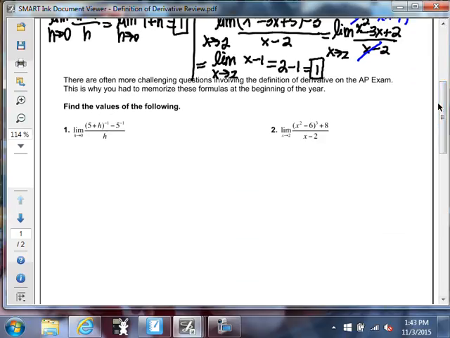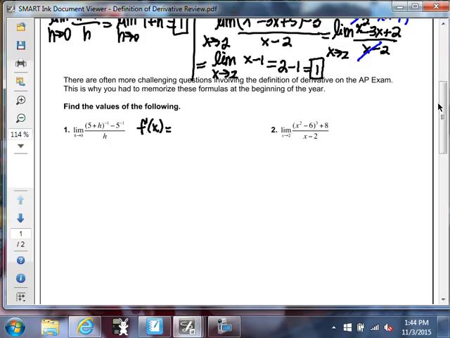So the AP test will probably have these in the multiple choice section, sometimes free response, but it will say things like, find the value of the following. And you're going to be like, what? Now I know that number one, you could actually solve using getting common denominators. You guys remember doing that? You could write 1 over 5 plus h minus 1 over 5. You could get common denominators and you can solve. Or you can recognize that it is in one of the forms. It's in the derivative form. Okay, so this is in the form